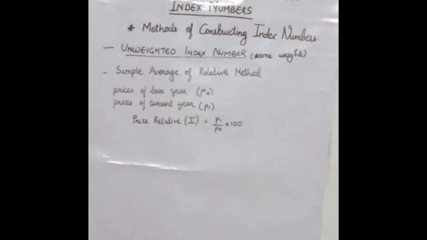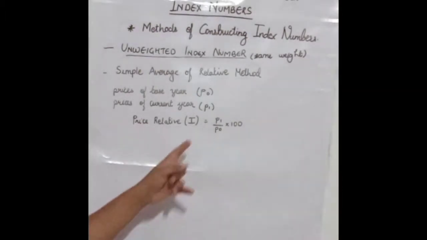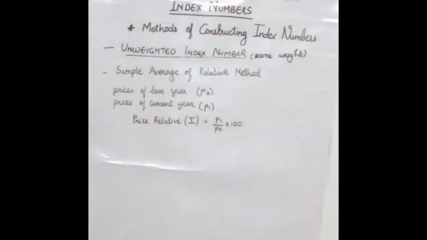In the aggregative method we saw that total part. This same formula we had with summation. But in the case of average, we are going to eliminate that summation part and we are only going to do this part. This is because when we do the summation, or when we add the total, we were not able to find out which particular element was undergoing major change. While solving the problem, we'll understand why and what this price relative is going to do.